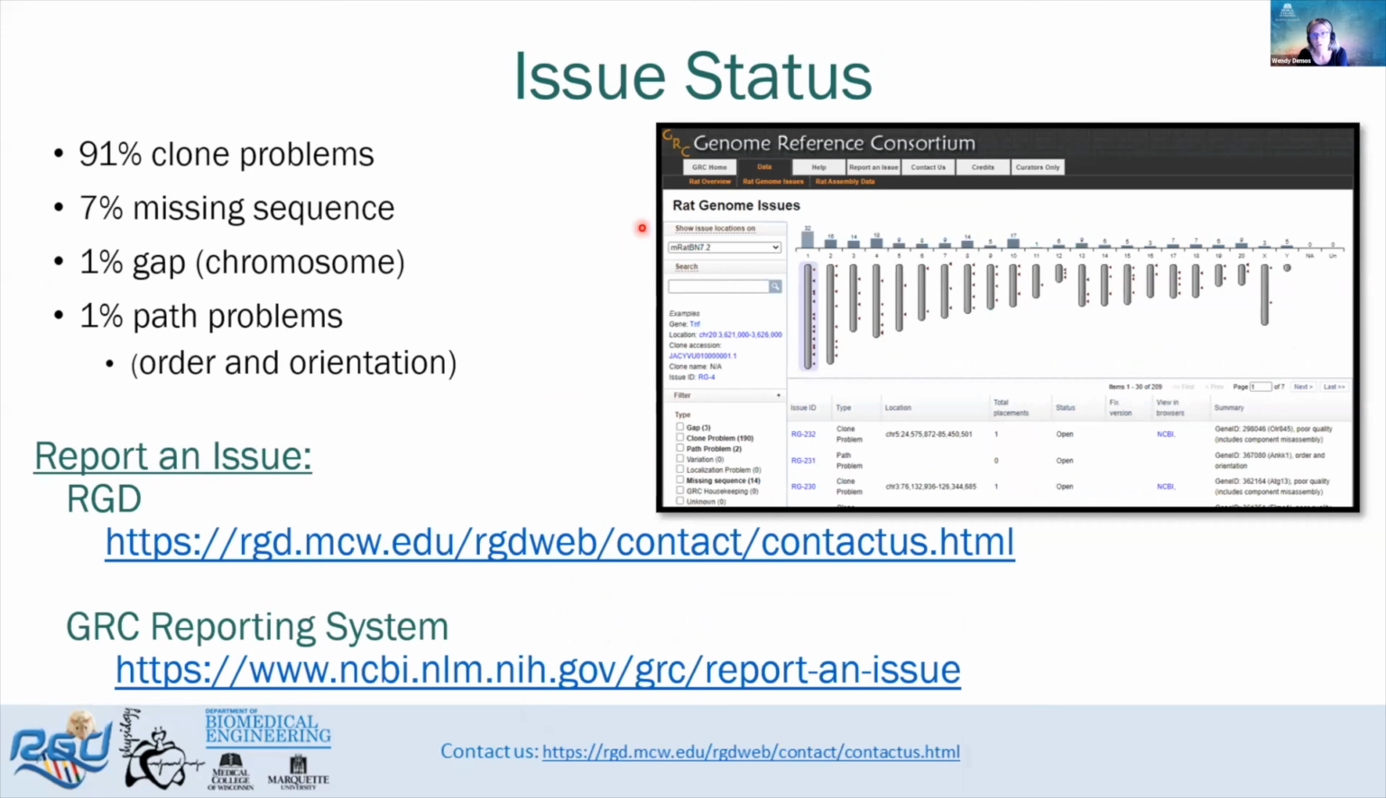Issues with the assembly are submitted to the GRC reporting system or directly to us with RGD. The majority of the current issues have been submitted by RGD curators or other rat research community members. This is a screenshot of a recent ticket status from the GRC rat landing page. The primary category of issues is classified as clone problems, and this mostly relates to poor quality data, including component misassembly. And then the remaining of the tickets are related to missing sequence. This is gaps within chromosomes, and then order and